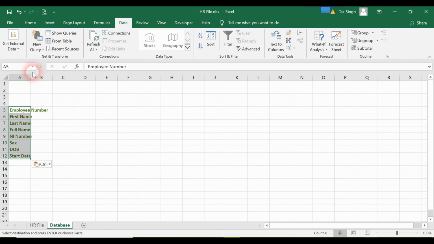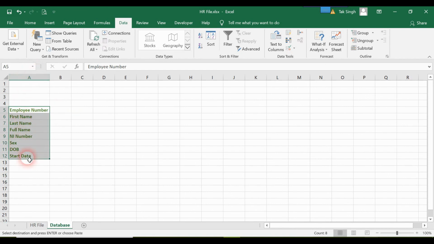What it will do is transpose the data, that is, if the data is along a row, it will make it along a column. That is what it has done. The data was along a row, and it has now pasted it along a column. In the next lecture we will do more work on this set of sheets and on this Excel workbook.